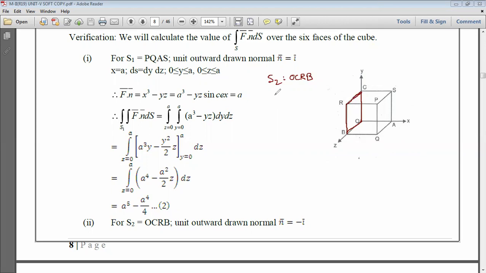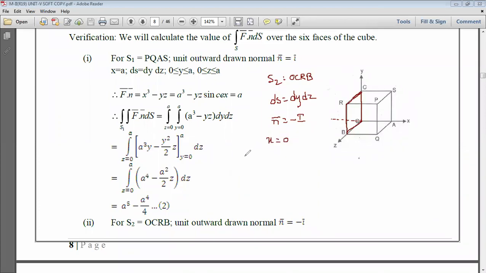So this ds is nothing but which plane? This is the dy dz plane. ds is equal to dy dz, and the outward unit normal vector is opposite to the x-axis. This is the positive one and this is the negative direction. So that is nothing but n bar equal to minus i. And this is exactly in the yz plane. In the yz plane, what about x? x is equal to 0.